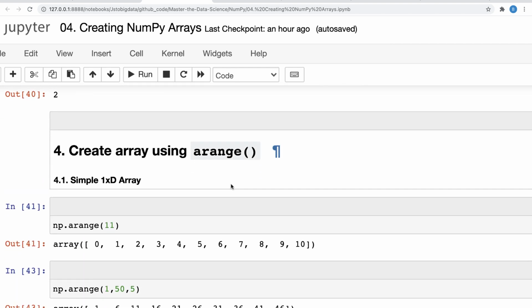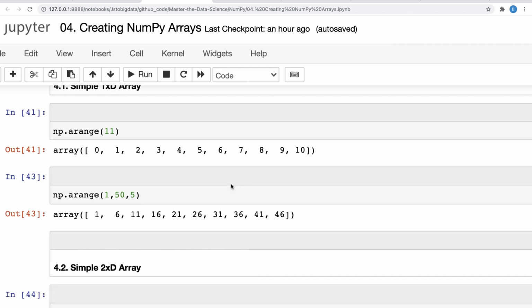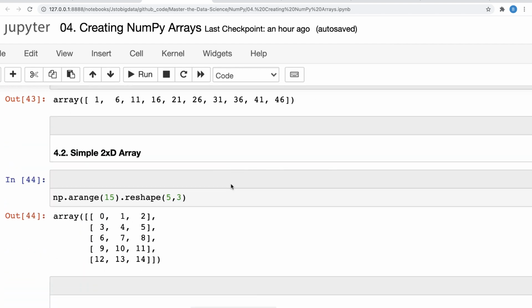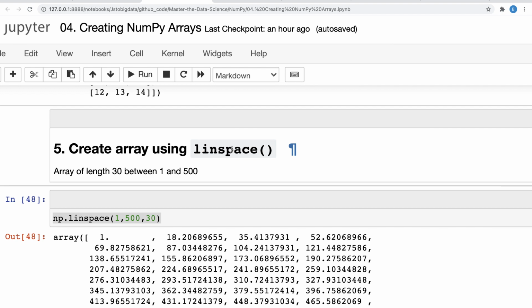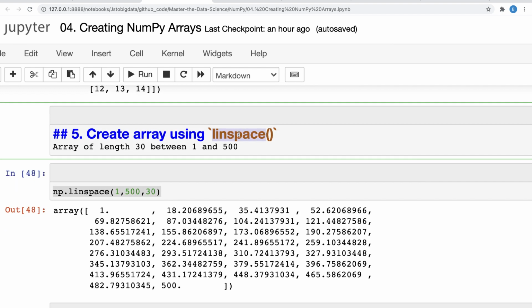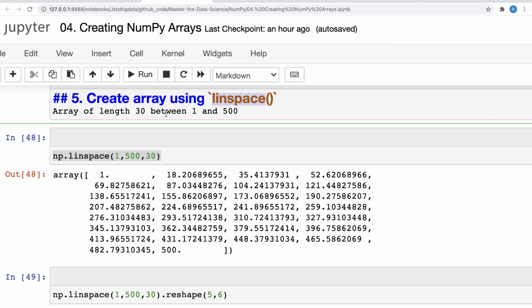And then you can also create an array which is filled with values from the range function, and you already know what the range function is in Python. Then this is interesting, which is nothing but linspace. So we have seen how we can create an array which is filled with values between 1 to 500, and that range is divided into 30 equal intervals, right?